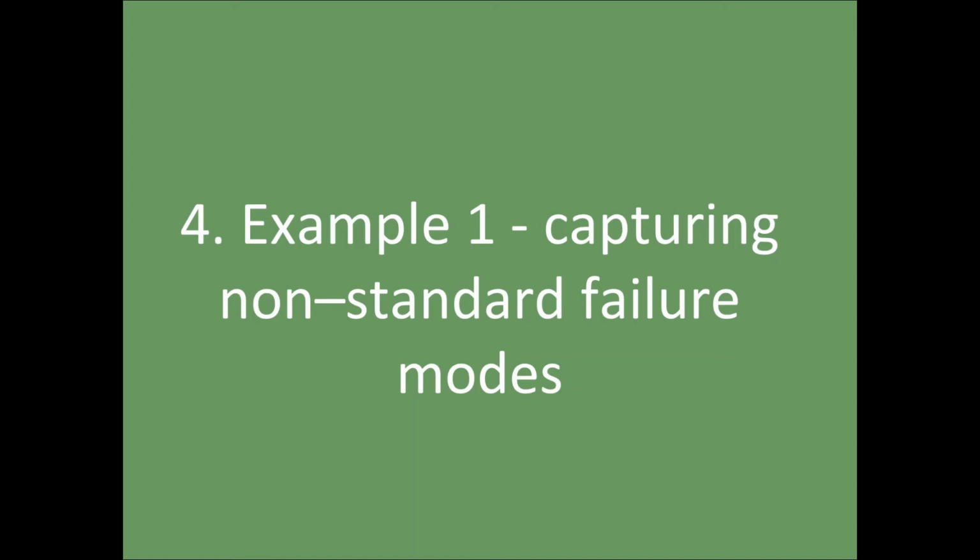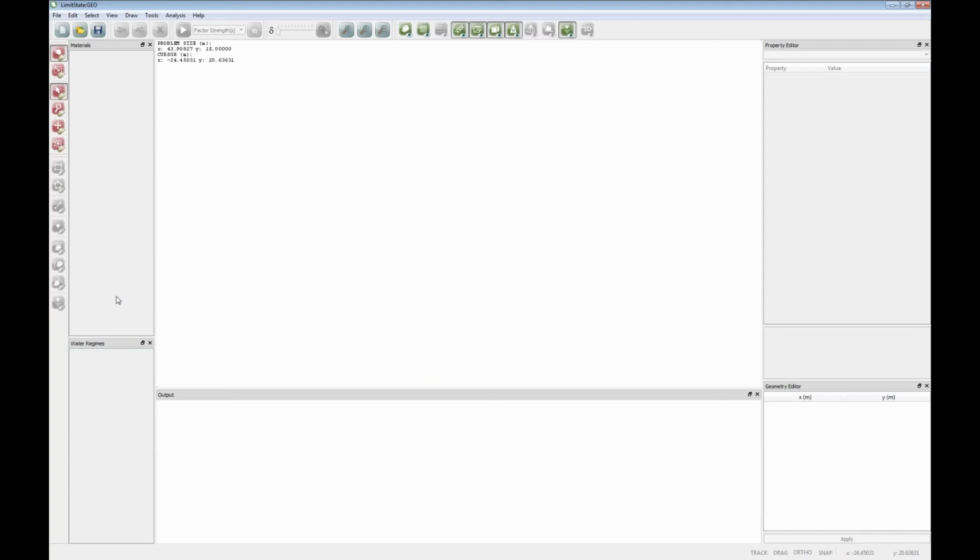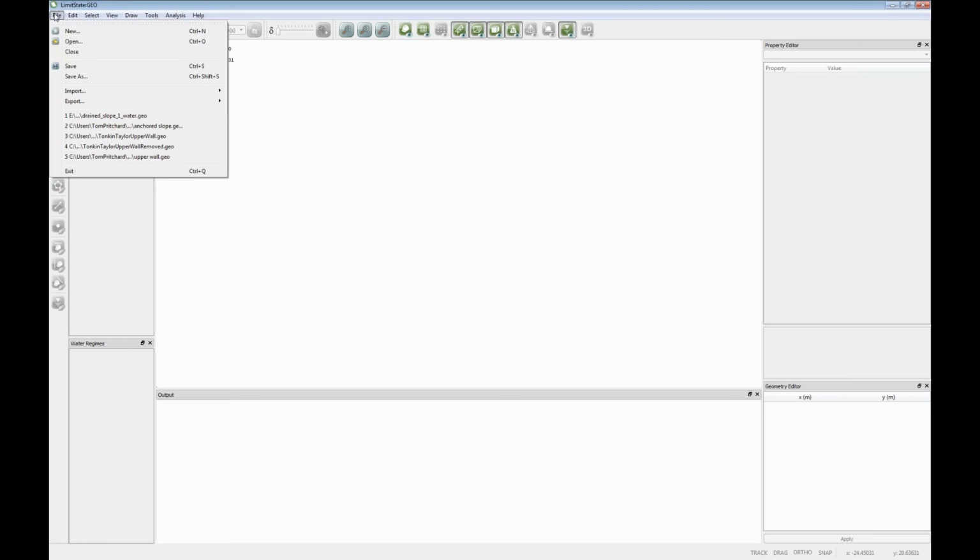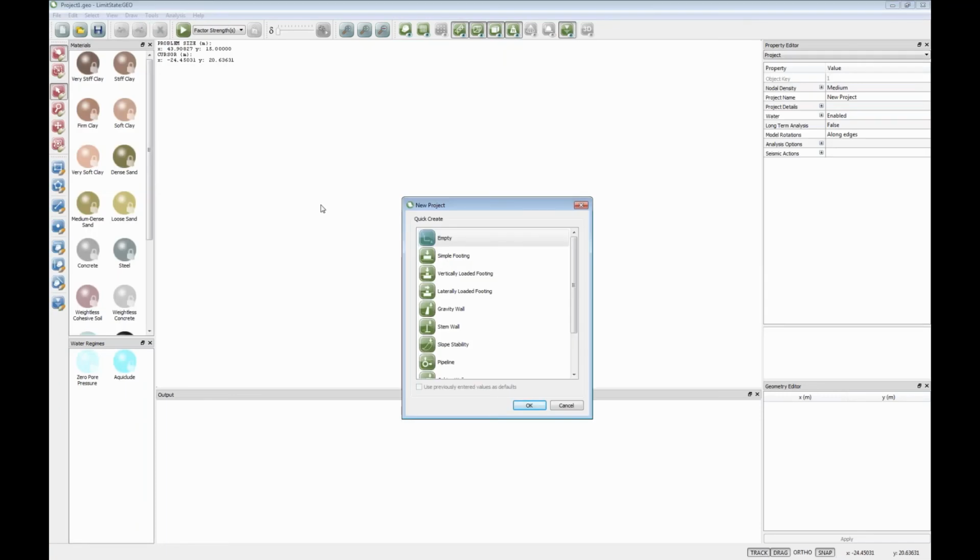Okay, that's enough introduction. We'll start out to illustrate the software now. So I'm just going to bring up the software. When I start the software, this is the standard layout. You'll see a number of buttons along the top, along the left-hand side, and various windows. I'll describe these as we go along. To start a new project, we just click New. I could click this button, New, or File, New, and